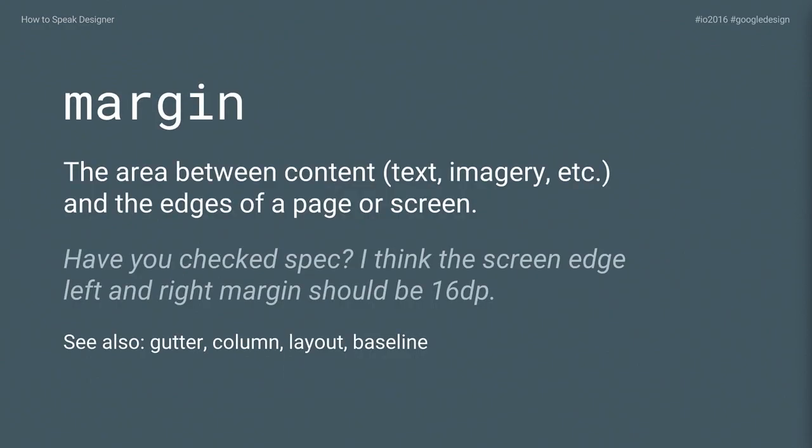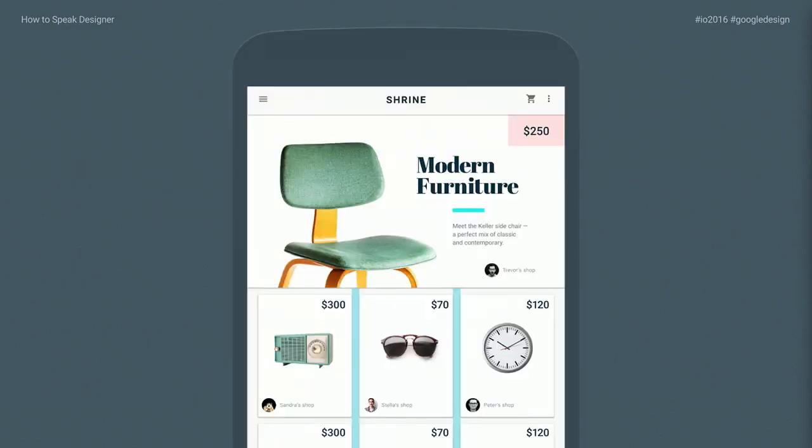They enhance the pleasure of reading a page on the screen, but they also provide an area of safety for the content and the elements. So if you have a book and the margins are too small, your thumbs might obscure the text. If you have a screen and the margins are too small, you might be pushing interactive elements out to the edges where users can't easily touch them and use them.